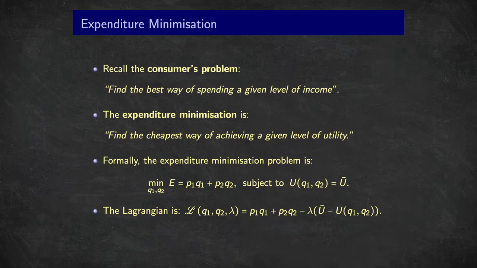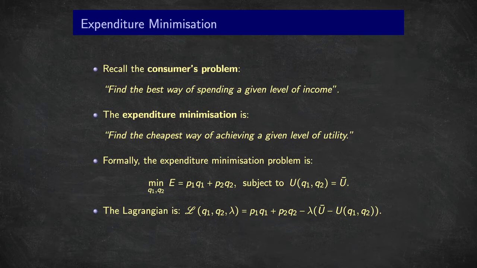Taking this Lagrangian and partially differentiating with respect to Q1, with respect to Q2, and then with respect to the Lagrange multiplier lambda, this gives us three equations, and if we find the Q1 star, Q2 star, and lambda star that simultaneously make these equations equal to 0, then